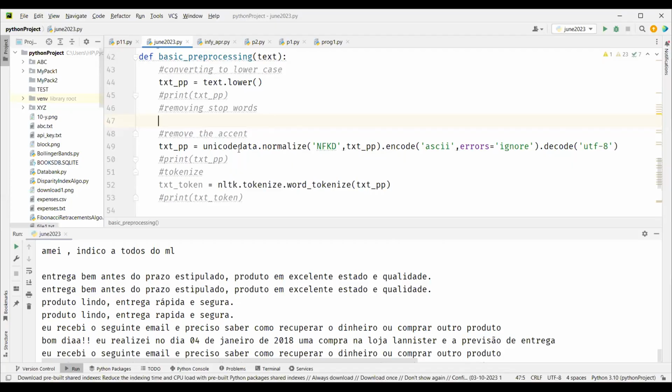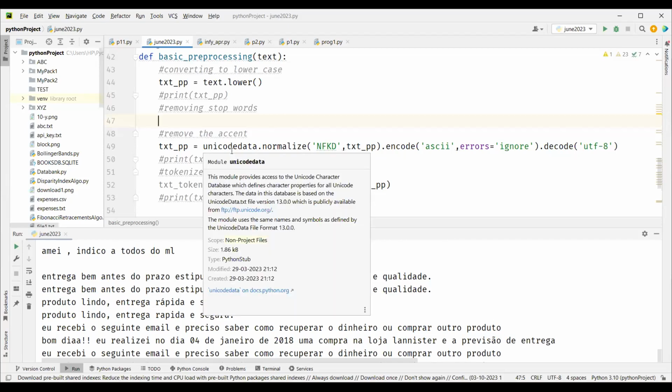Sorry, I think I got disconnected. Okay. So we are removing accent. We are making Portuguese text look like English text, at least it looks like English text, of course with a different meaning. Now, if we try to remove the stop words after removing the accent, we will not have